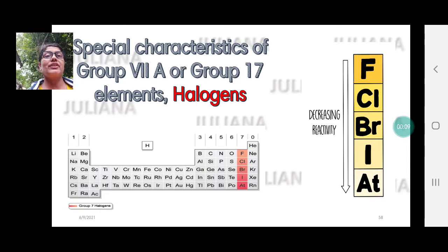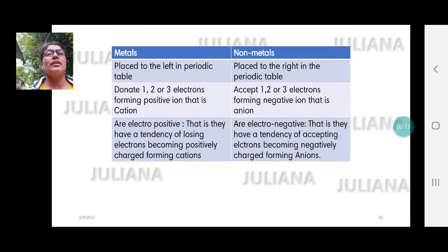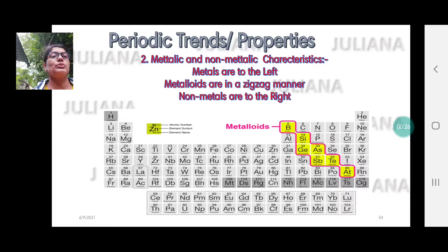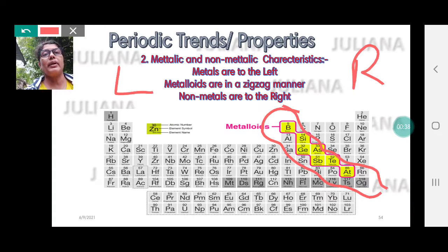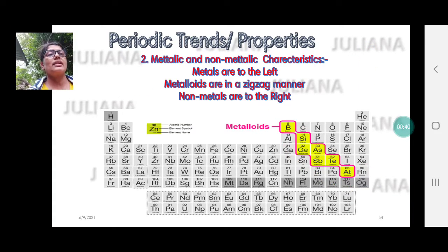And in the previous video we were talking about the metallic and non-metallic characters, and we saw that from left to right metallic character becomes lesser and lesser, and then non-metallic character is seen to the right. Therefore we found that metals are placed to the left here. All the non-metals are placed on the right, and metalloids, a zigzag line of metalloids, are separating the metals from the non-metals. Now I had asked you a question about electropositivity and electronegativity.